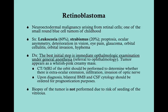So what you might get, though, is a parent who is observant and taking pictures. You've got a flash, and while everybody else has red eyes, because remember that's just the flash bouncing off your retina, the baby has a white eye and a red eye, or maybe 2 white eyes, and that white eye is the leukocoria. So the parent might notice it, but really this is something that usually will be noticed in the clinic. Strabismus can also